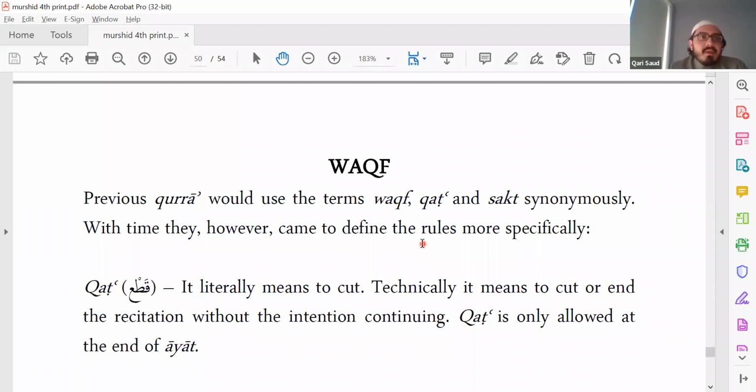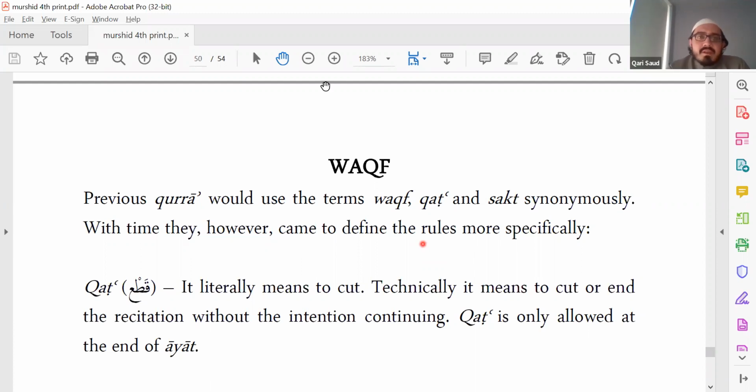At the end of the day, you have to sit in front of a teacher and they're going to correct you, right? If you read too long, they're going to tell you this is too long, this is too short. Imagine doing this again and again. How many mads are there? Almost every second ayah, you're going to stretch something. By the time you read 5 juz, you'll be fine, inshallah. They're going to correct you again and again. Make sure that you're reading the correct duration. So don't get confused on that.